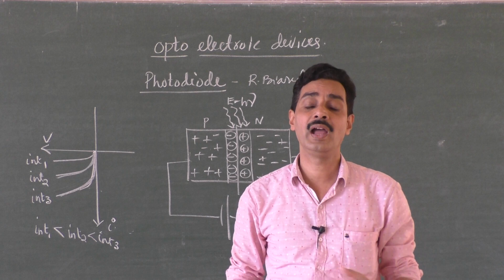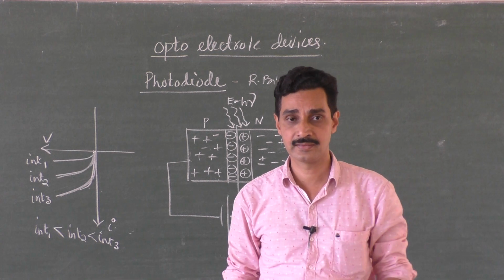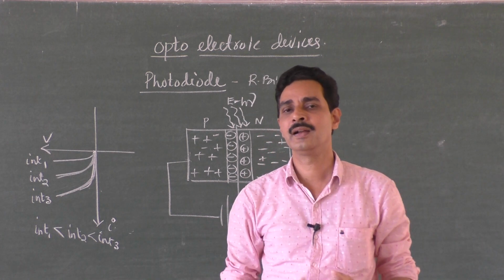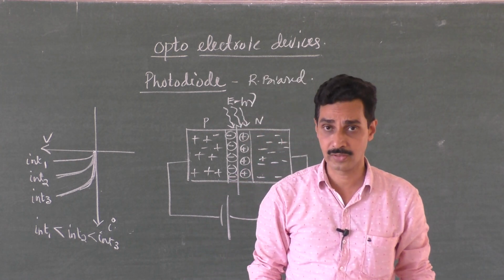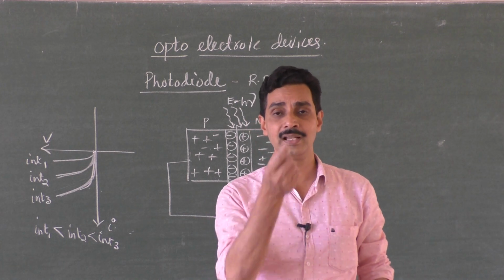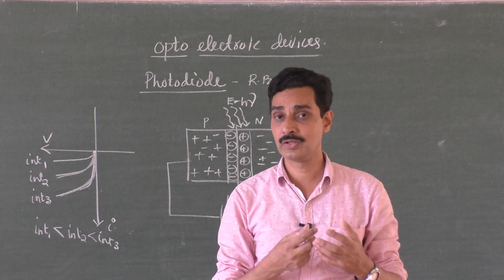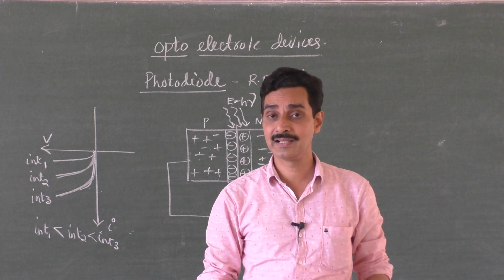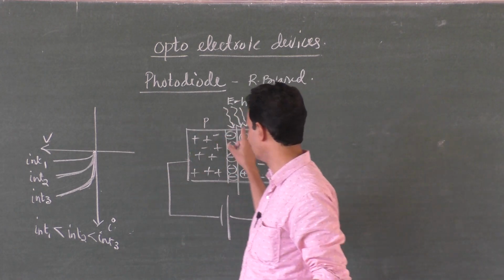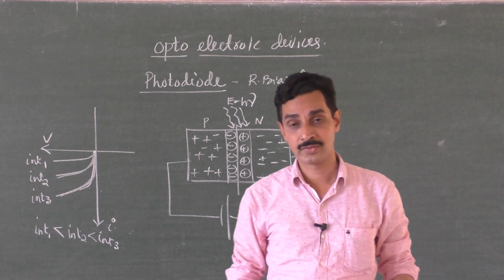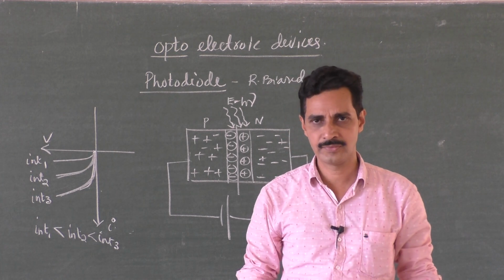Nowadays in a camera, we have automatic switching on and off of the flashlight. When the light from the object comes into the camera, it gets the signal whether this much light is enough to get a better photograph or not. If it is not enough, signals will be sent to the photodiode, and the light will be falling on the photodiode. The photodiode converts that light energy into electrical energy. If that electrical energy is very weak, meaning the intensity of light is very weak, it gives the signal for the flash to switch on. So we have automatic switching on and off of the flash.